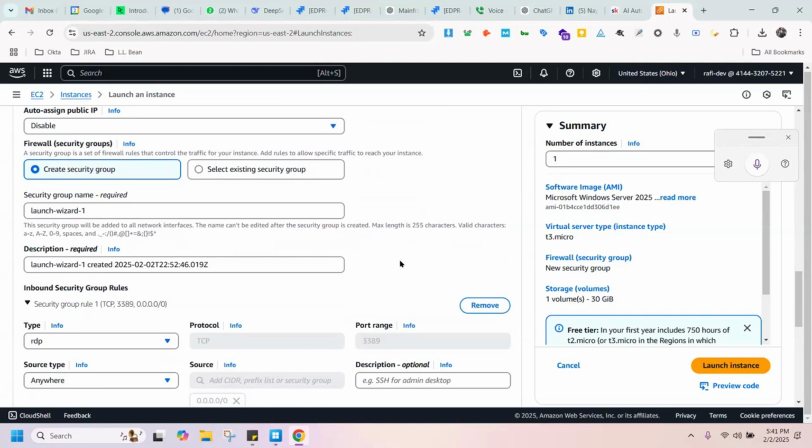What does it mean by inbound? Inbound means incoming rules and outbound means outgoing rules. In inbound rules, we set the incoming traffic, what type of traffic is going to come into my EC2 instance. So basically in inbound security group rules, you are setting up what type of traffic you want to allow into your instance. If you want all types of traffic to come into your server,